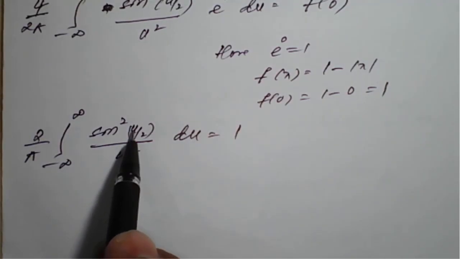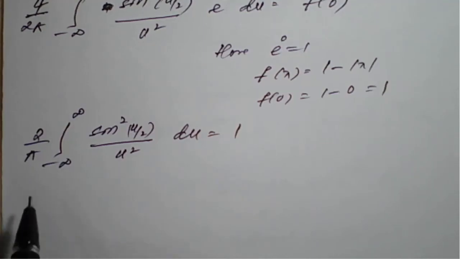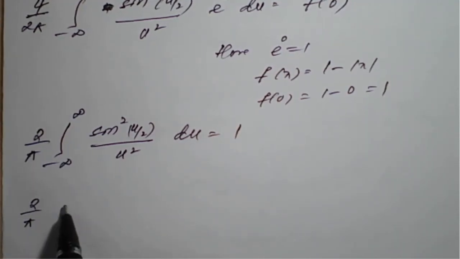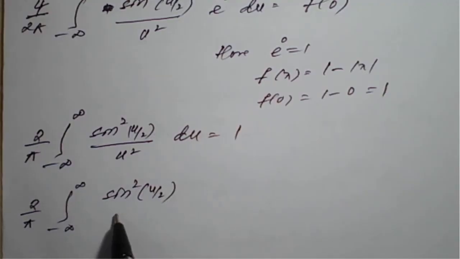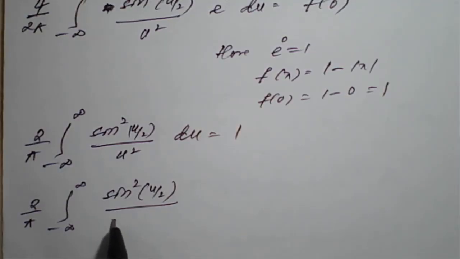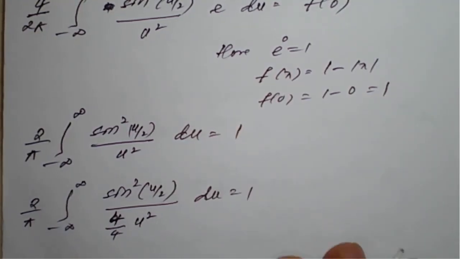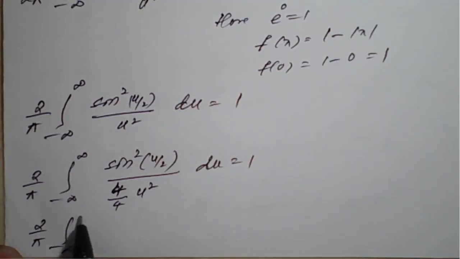Here you can see we have u upon 2 and here we have u square. So for this u square I want to make this also u upon 2. So therefore what we'll do, 2 upon pi integration minus infinity plus infinity sine square u upon 2 divided by u square, here we will divide and multiply by 4 and divided by 4 of u square into du is equal to 1. Which will become 2 upon pi integration minus infinity plus infinity, this 1 by 4 as it is,